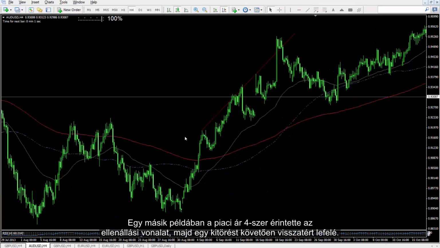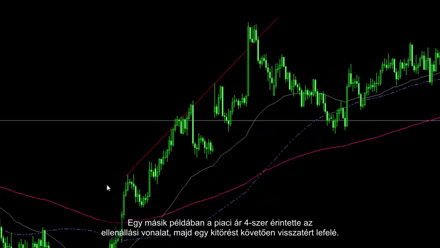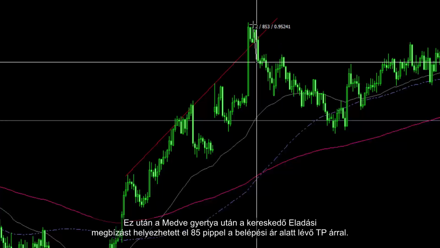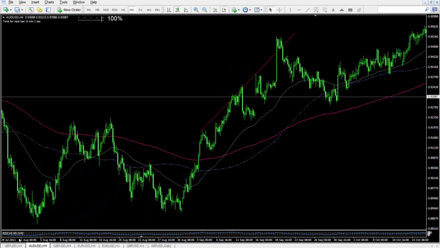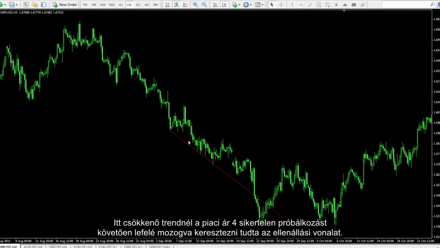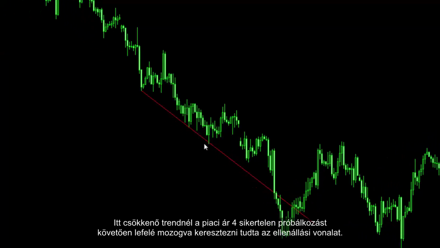Another example in which market price had hit the resistance line 4 times, and after a breakout it returned towards the bottom. After this bearish candle, a trader could place a sell order with TP price 85 pips lower than the entry price. On a downward trend, market price could cross the resistance line towards the bottom after 4 unsuccessful